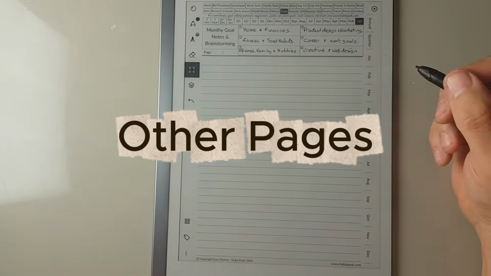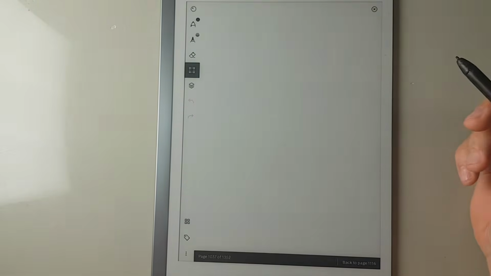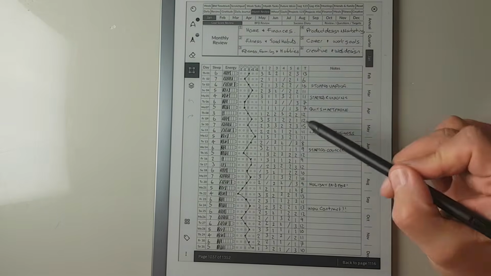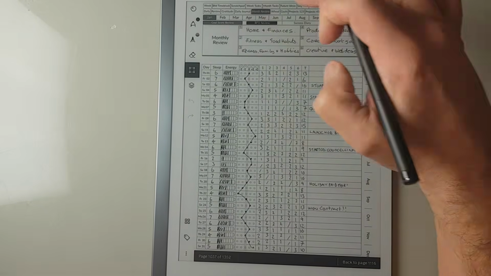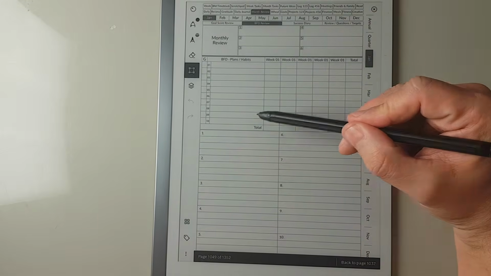Okay, so we'll have a quick look through some of the other monthly pages. So you've got the monthly review, which we had a look at earlier on, so you can paste in your weekly scores here. You've also got a BFD review page, so you can see for each of the 10 areas,